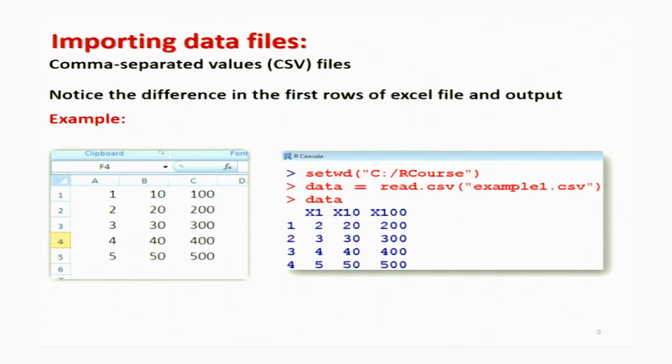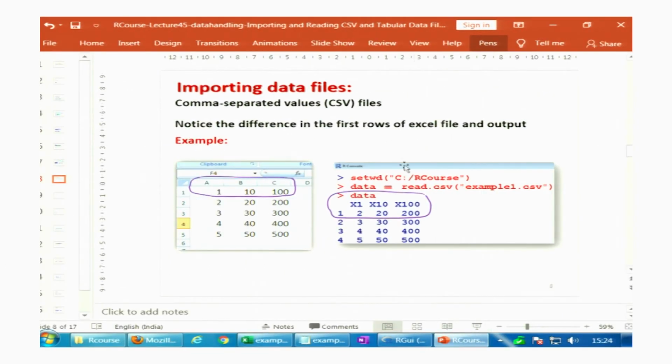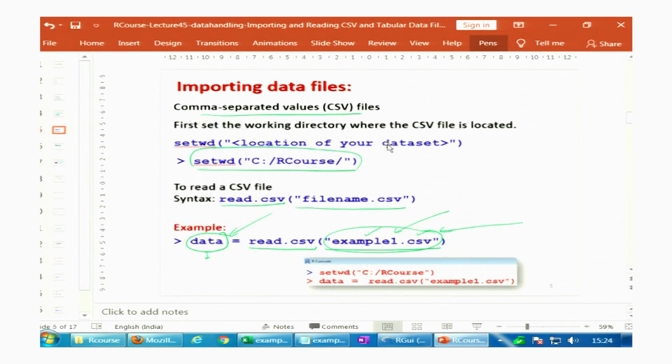happening, right? If you try to see here more clearly, that original data had column names A, B, C, and data is starting from 1 to 100, so like 1, 10, 100 in the columns, but when you are trying to read it inside the R software, it is becoming like this. So let us first try to understand this thing and try to see whether this is happening in the R software or not. So first I